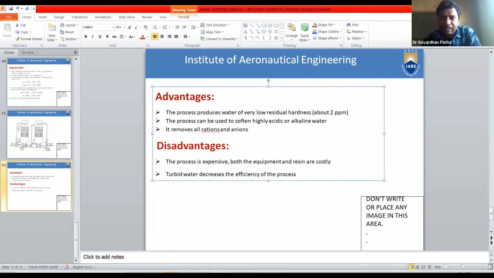And what is the another disadvantage, ma? Another disadvantage, all types of water impurities can be removed by ion exchange process, or any